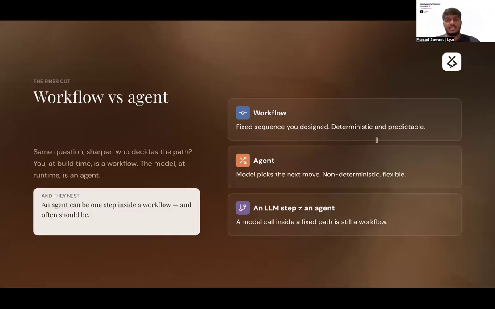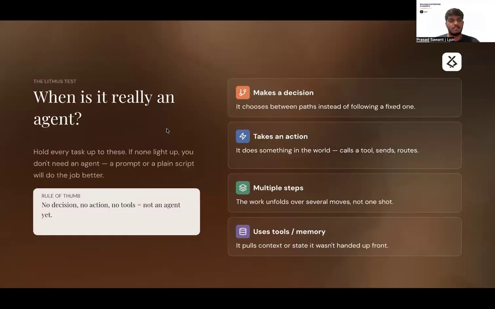Yeah, summarizing a PDF is just doing one task. It is just going to give an answer. When you're dealing with an LLM, it's not deciding what action is to be done. If you go to this slide, you can maybe understand it more clearly. If it is able to make a decision, decide a path. If it is just taking an action, you cannot call it an agent yet. I'm not saying the whole thing cannot be called an agent. It is not an agent yet